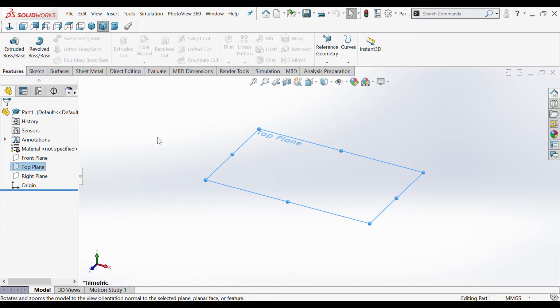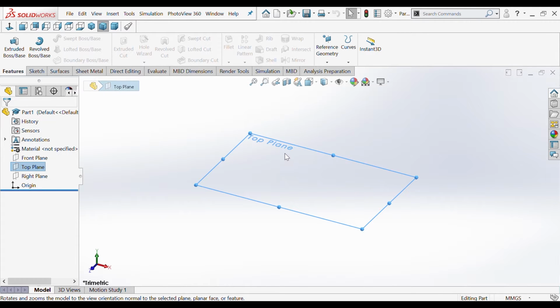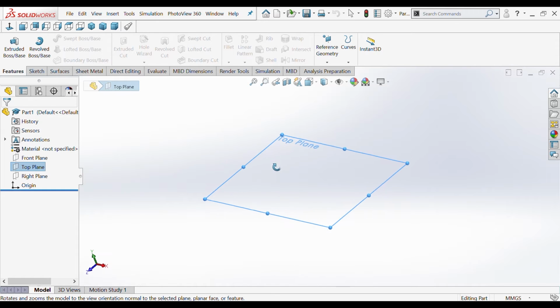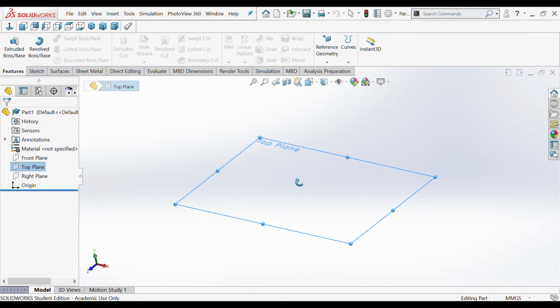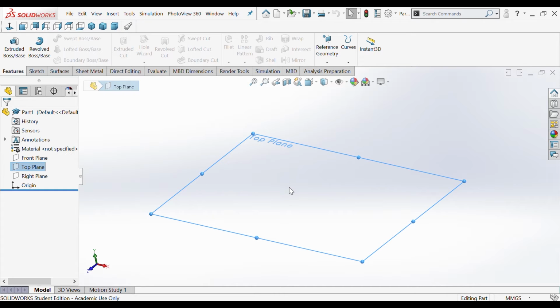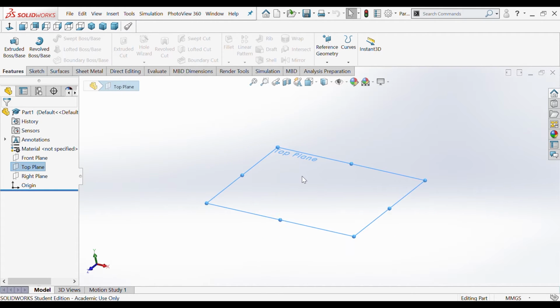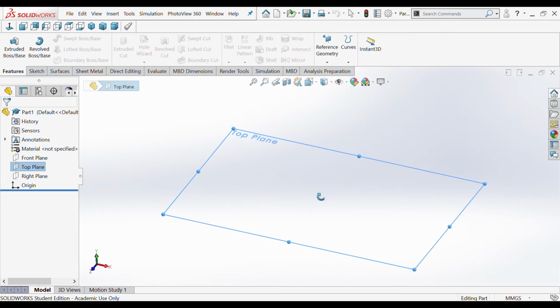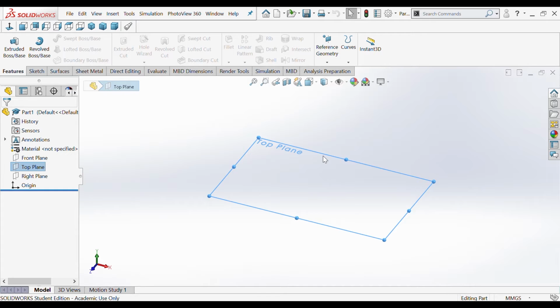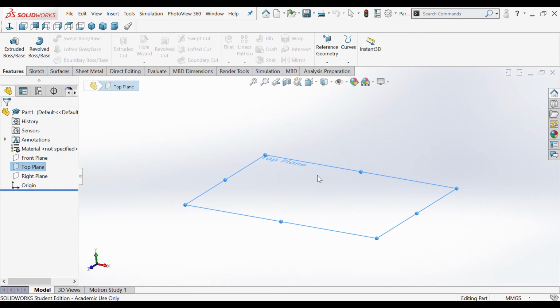First, we have to understand that for you to make a part using the Lofted Boss or Base tool, you have to create several planes depending on the kind of model that you want to design. For us, we just want to know how to apply this Lofted Boss. So for better understanding, I decided to design a model of a glass that we can use to drink water. When you want to design a glass, you have to create around 4